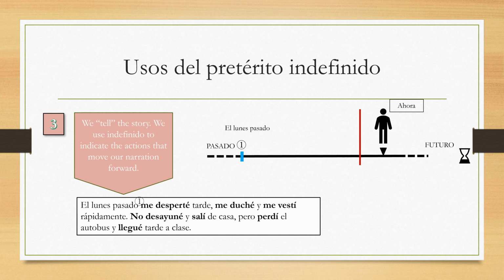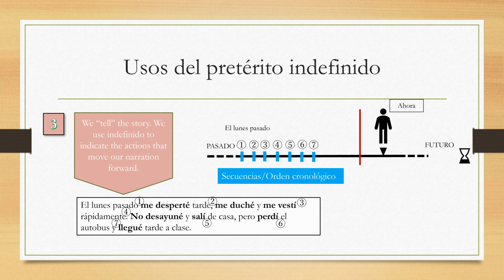If I look at the actions, me desperté es número 1, me duché número 2, me vestí número 3, no desayuné número 4, salí de casa número 5, perdí el autobús número 6 y llegué tarde a clase número 7. Why am I giving it a number? Because I'm talking about these actions, these events in last Monday as a sequence, and they are in a chronological